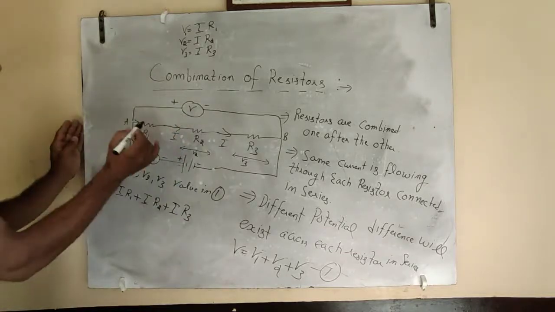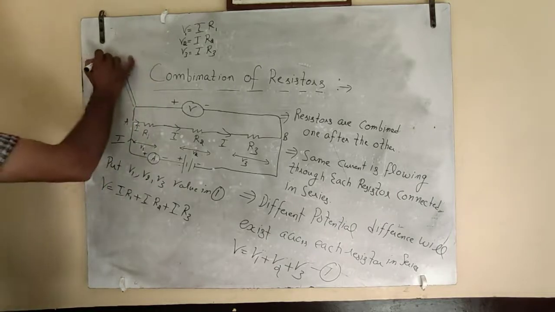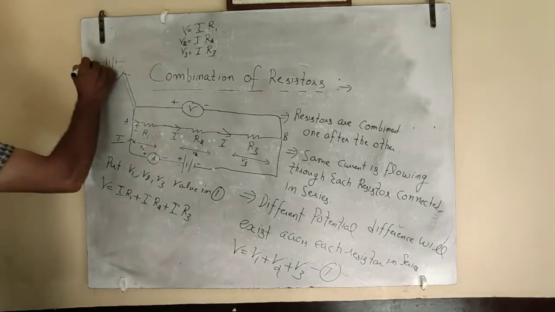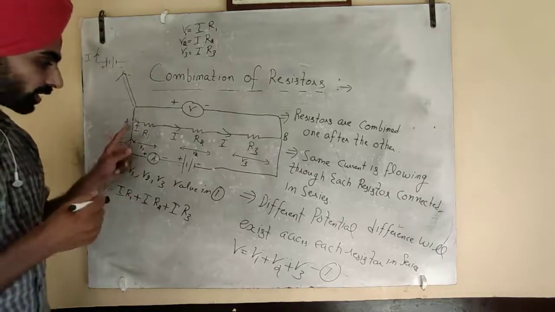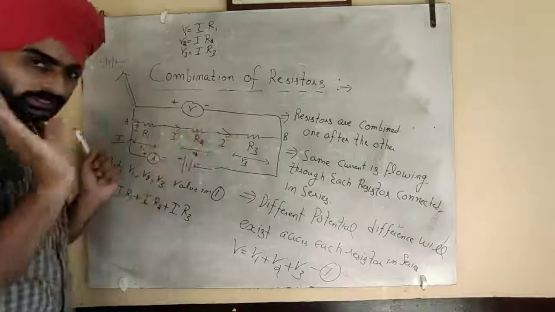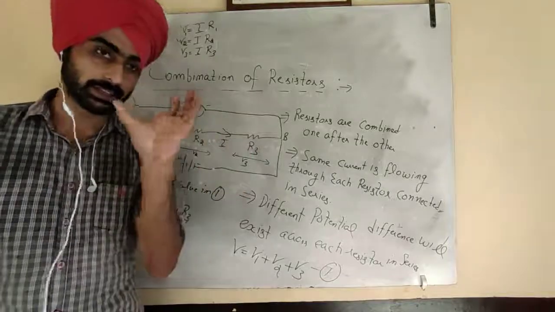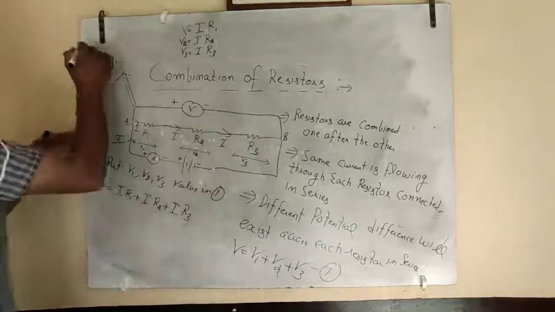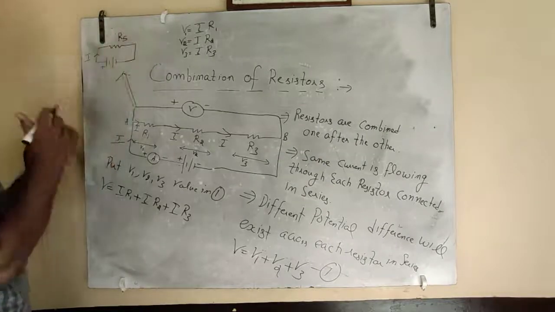If we reduce this circuit to a simple circuit, like this, suppose this is a battery and current I is flowing in the circuit. And if we go to the market, suppose he is giving us 10 ohm, 10 ohm, 10 ohm. We say, give us just one in place of the three. If we take a single resistance in place of all three, it is called the equivalent resistance of the series combination. Suppose he gave us a single resistance, RS. So this is known as equivalent.